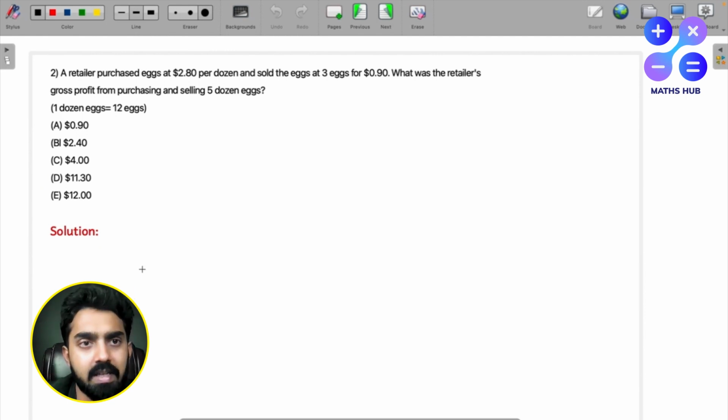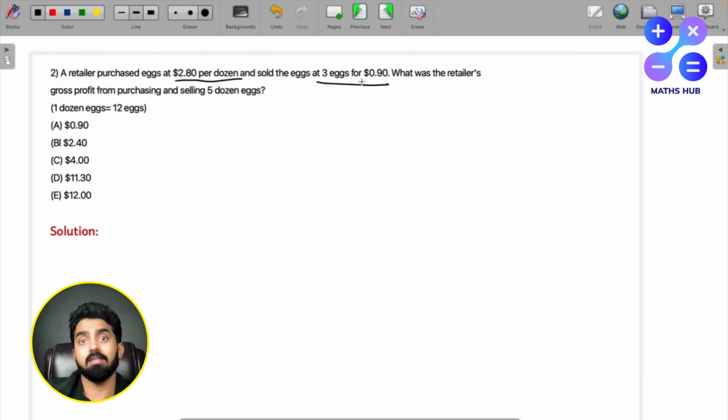Let's see this next question. A retailer purchased eggs at $2.8 per dozen and sold the eggs at 3x for $0.9. Okay. What was the retailer's gross profit from purchasing and selling 5 dozen eggs? So gross profit basically means the total profit after selling 5 dozen eggs and not just 3 eggs or 1